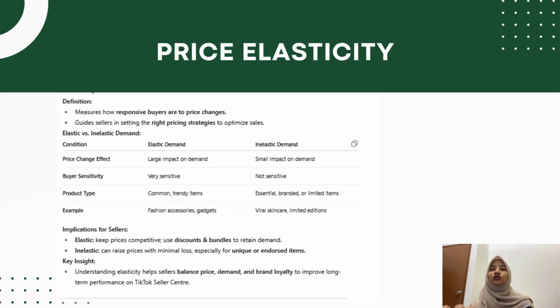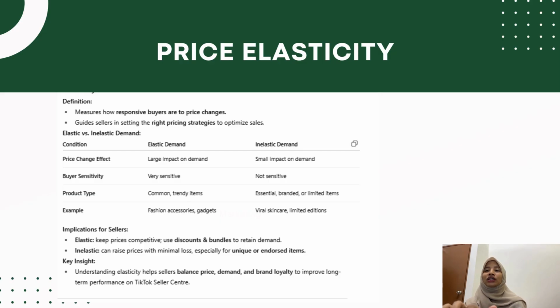And here are also the graphs for elastic and inelastic. As you can see, there is an example here for 100 products. When the 100 products are elastic versus inelastic, for inelastic, like unique products, you can see here the graph is slow, I mean the sales are slow, for unique items, not everyday items.